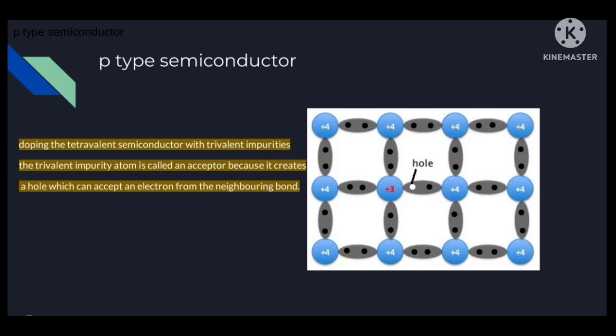The next semiconductor is the p-type semiconductor. When a suitable trivalent impurity is added to a pure crystal, for example a germanium or silicon pure crystal, we get an extrinsic semiconductor, and that extrinsic semiconductor is known as p-type semiconductor. In this case, the trivalent impurity atom, which has 3 valence electrons, is added, and it is also known as the acceptor atom because it creates a hole which can accept an electron from the